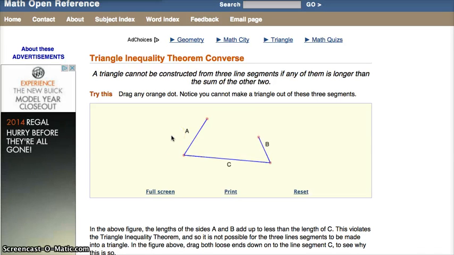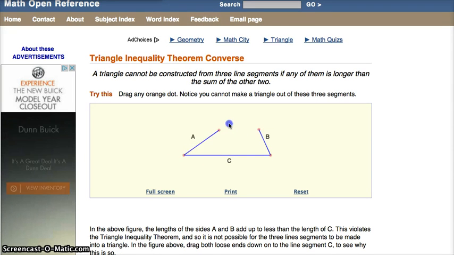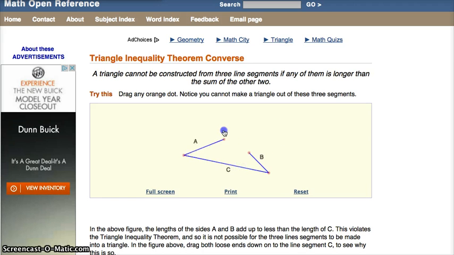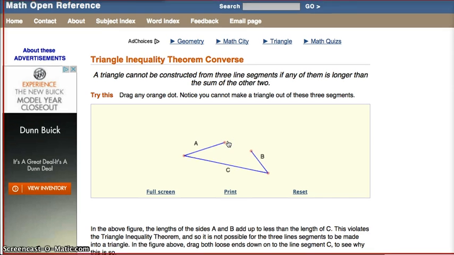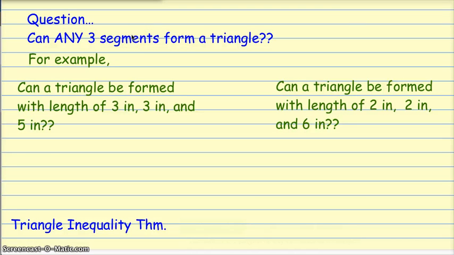This first one shows a couple of line segments. Just because you have 3 segments doesn't mean they're necessarily going to connect to form a triangle. And this one's not super interactive where it's allowing you to change the segment lengths, but those 3 segments don't form a triangle. So back in our notes it says, can a triangle be formed with length 3 inches, 3